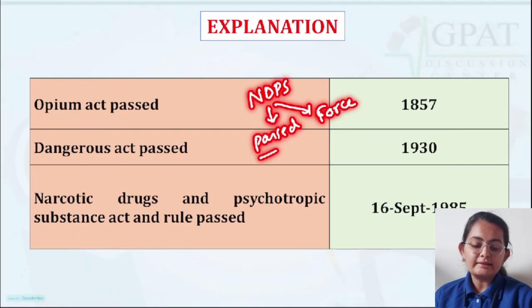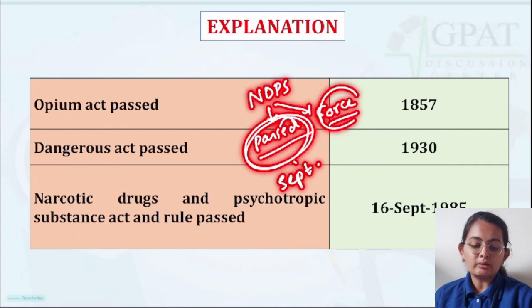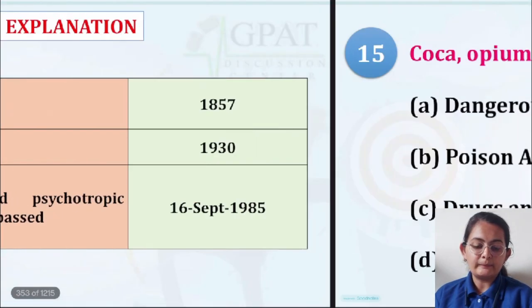Because both the dates are different. When I am talking about the past date, it should be the September date, and when I talk about when it came into force, then it would be the November date. Okay, so there is a difference about it.